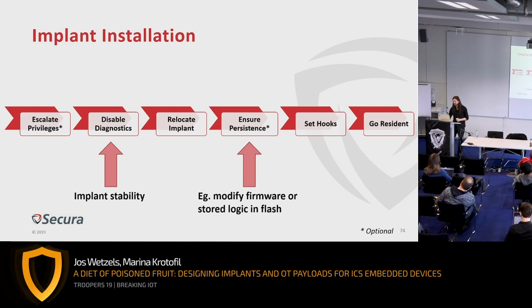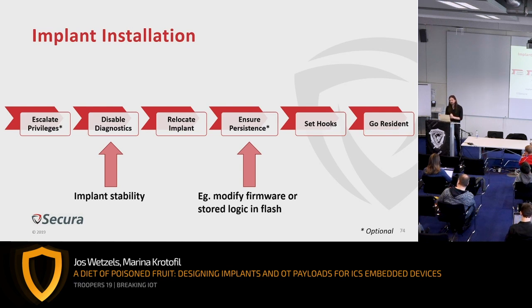Now, implant installation roughly follows these steps, and the ones with a little star are optional in most cases. So if there is any kind of privilege separation, you will need to escalate privileges. Then if there is any kind of diagnostics on the embedded system itself, you will need to disable those in order to guarantee implant stability, because like I mentioned, you don't want this controller to crash, because that might cause the triggering of alarms, that might cause forensics to be initiated,